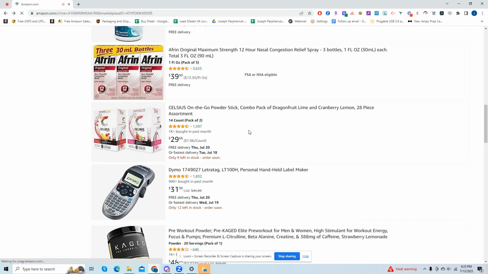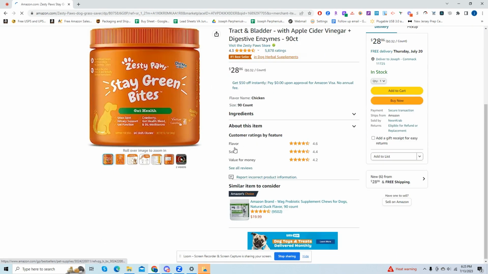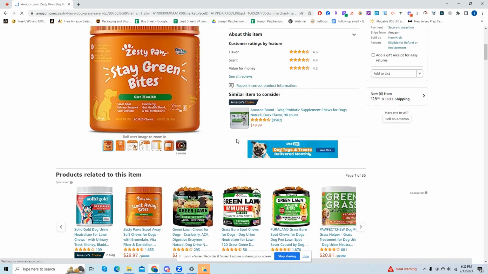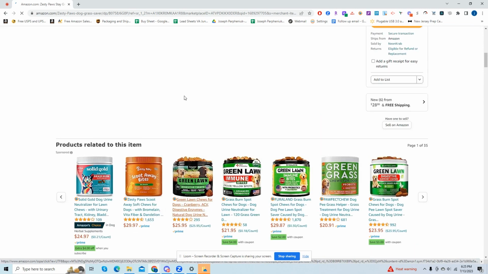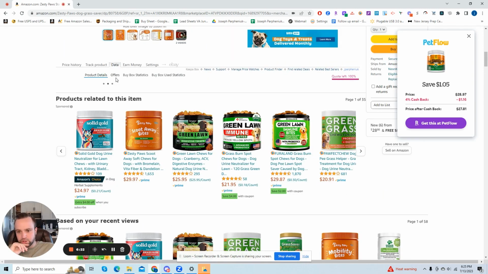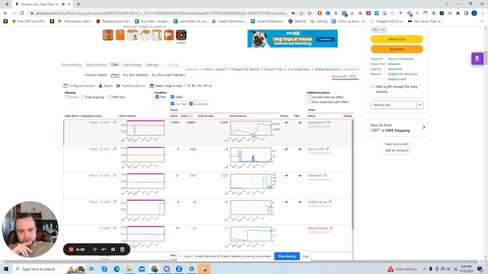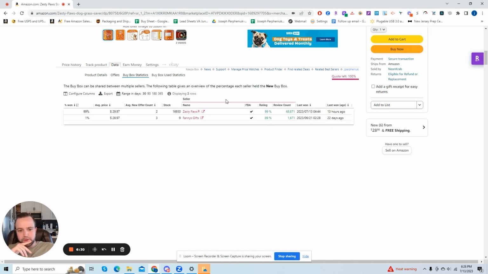So let's go back into the Zesty one. You can see the difference. I'm assuming you'll see sellers with thousands of reviews. The seller we clicked on didn't have that many reviews. It seems like he or she is doing a mix of wholesale and arbitrage, which is getting more and more common nowadays. But if we go to the buy box,